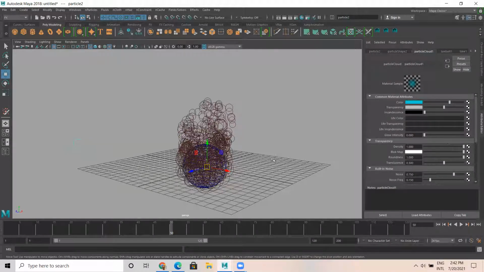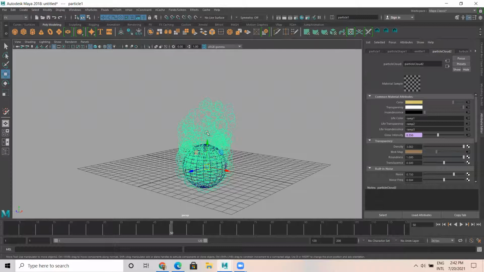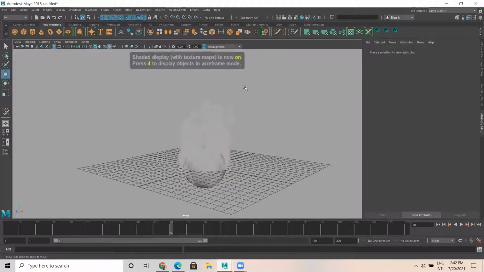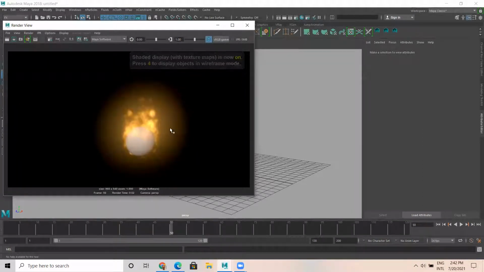We can make it look like fire. We can apply fire material and all to this, which means we need to create it manually. But select the object, this is a simple step. By default, there is a preset which is already ready for fire, especially. So just create any object, select the object, go to FX, just apply fire. Now, when I render this, you can see it looks like a fire. It looks good, realistic.